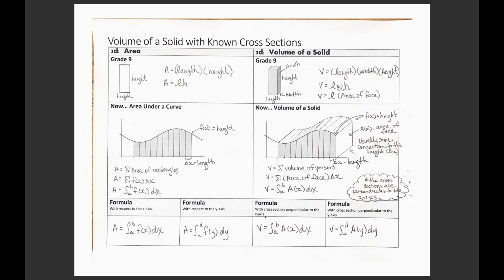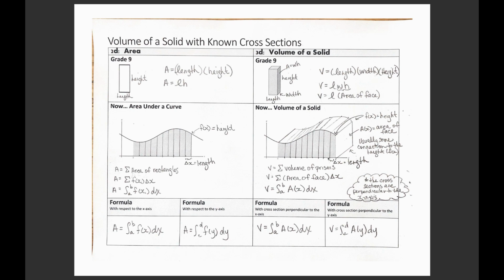If we want to look at a cross-section that is perpendicular to the x-axis, you notice that when I make my Riemann sum of my prisms, the cross-sections are all vertical lines that are perpendicular to the x-axis. So in this case, I want to look from A to B. The volume from A to B of all of my areas times my widths, so the integral from A to B of A of x dx,